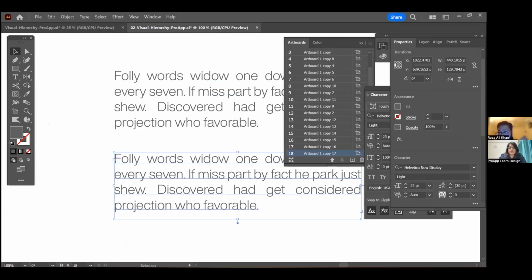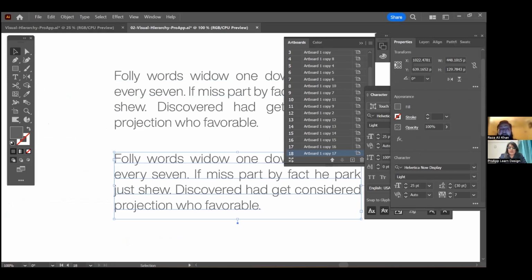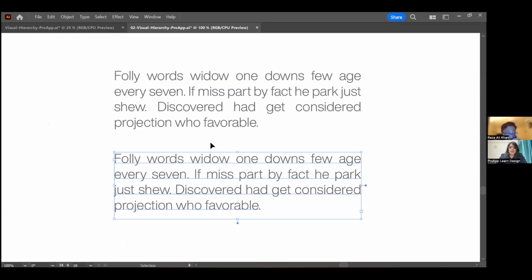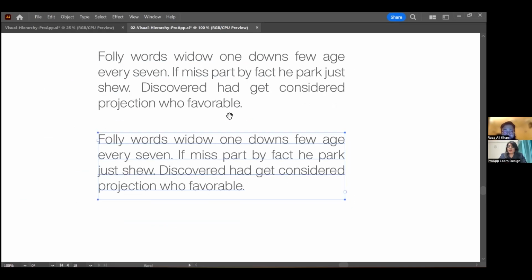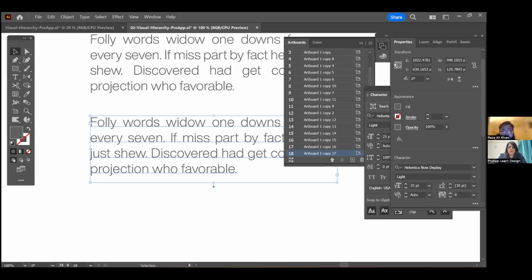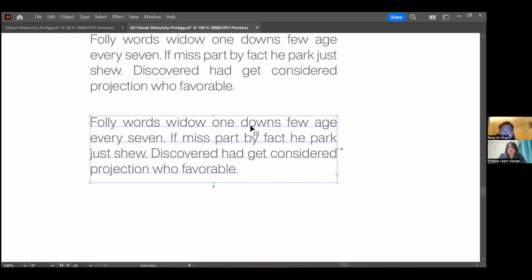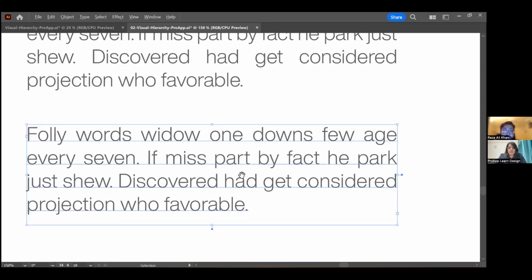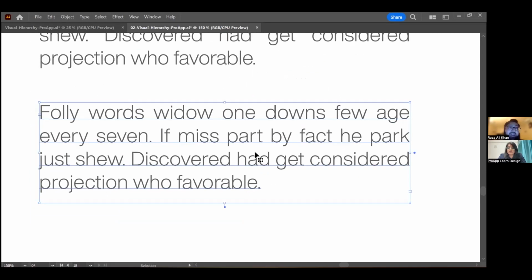What do we call this? You can increase the tracking, right? This is tracking. I'm not talking about kerning. I'm talking about tracking. The difference is kerning is between two letters, and tracking is when you're talking about the whole paragraph or a bunch of words. So if you increase a little bit of tracking, it may solve your problem,